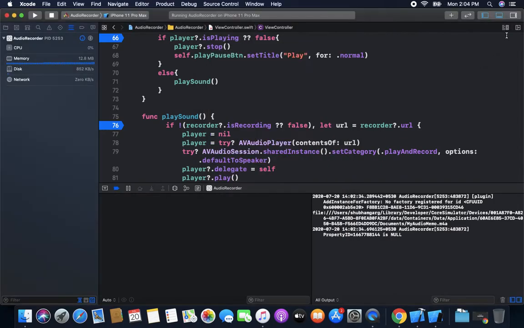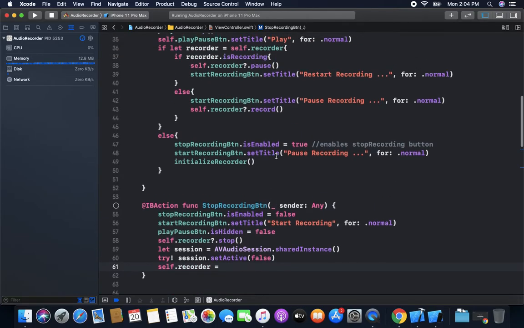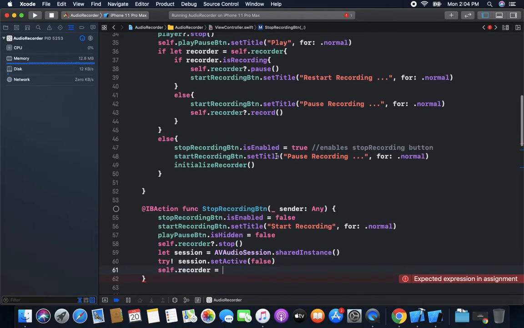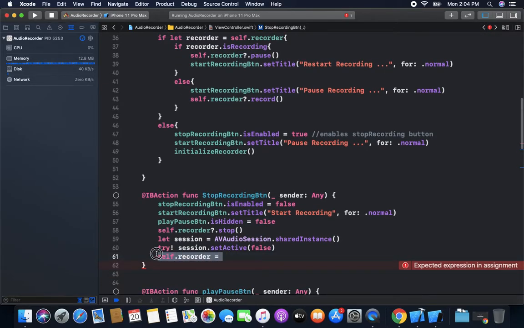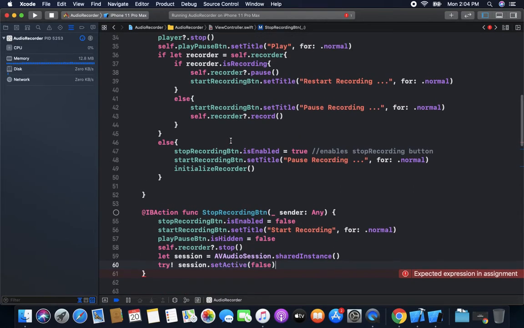So we did one more wrong thing here. We just committed nil, because we can't get the URL after making it nil.